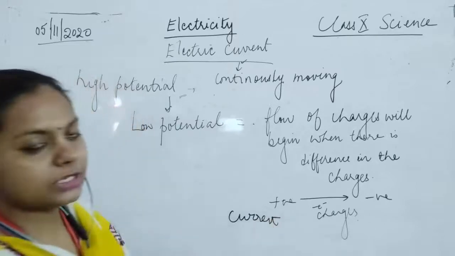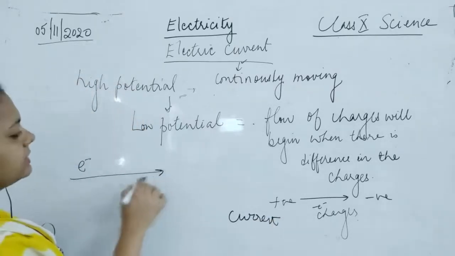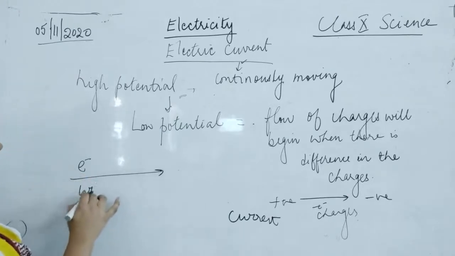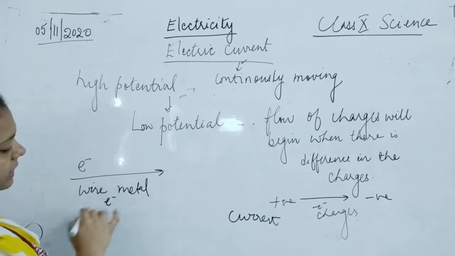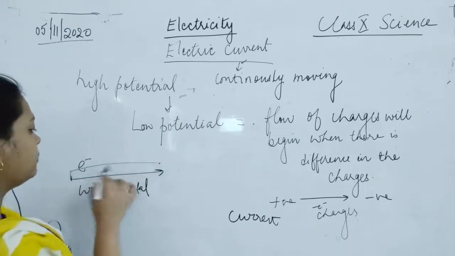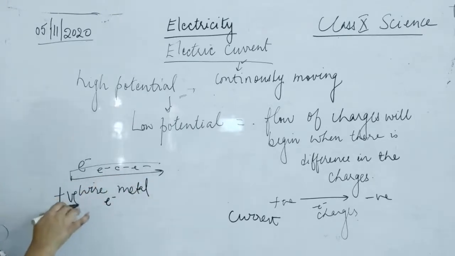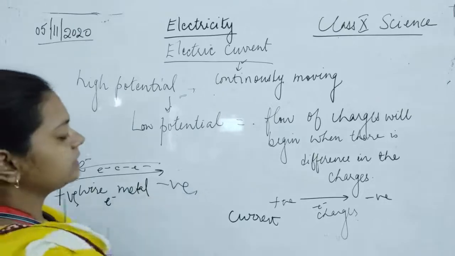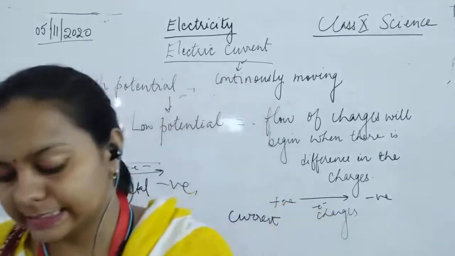यहाँ पे क्या बोला जाता है कि जो इलेक्ट्रॉन्स हैं, they have a tendency to move because wires are made up of metals and metals have electron donation capacity. So these electrons are going to pass from one place to another place, means from positive terminal to the negative terminal. It is going to always flow from positive to negative terminal. That is why it is said.